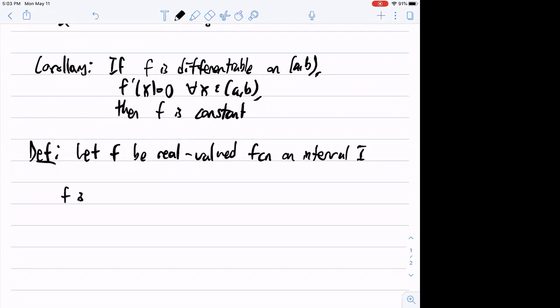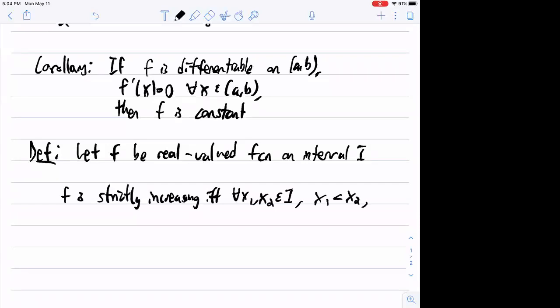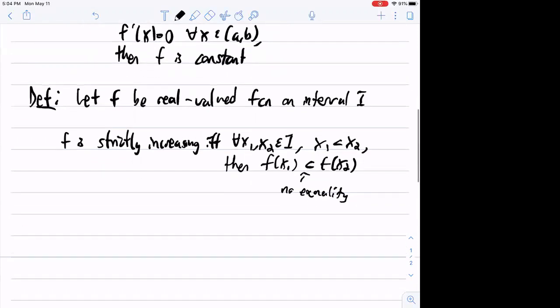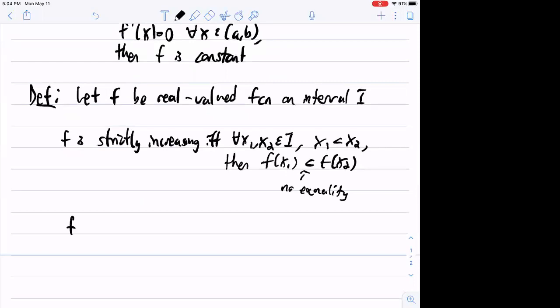So f is strictly increasing if and only if for all x1, x2 in the interval I, x1 less than x2 implies f of x1 strictly less than f of x2. The strict is the no equality part. And similarly, f is strictly decreasing on I